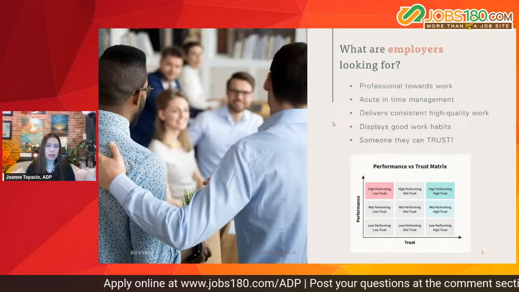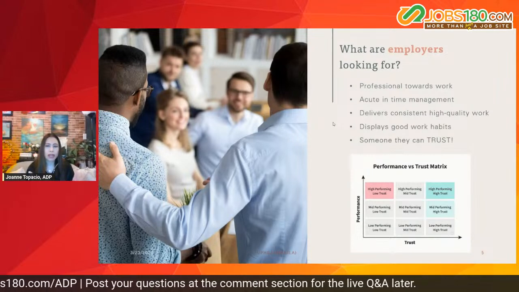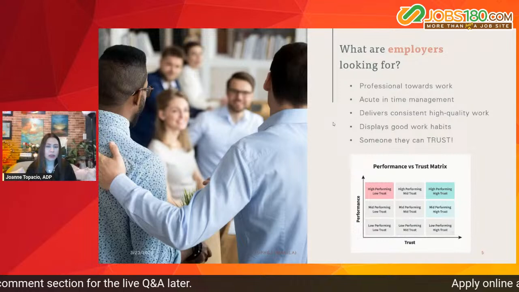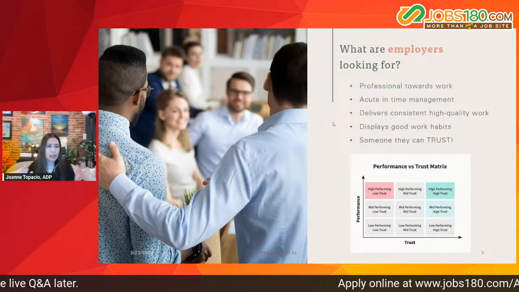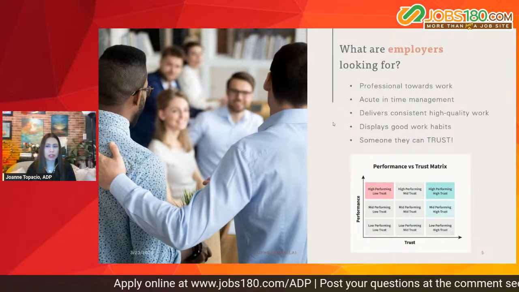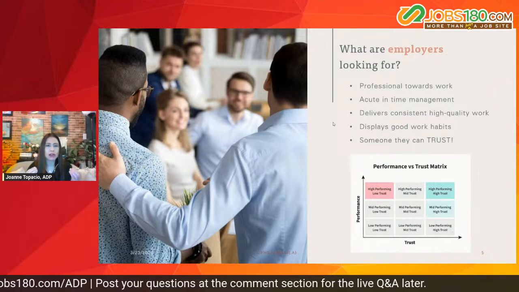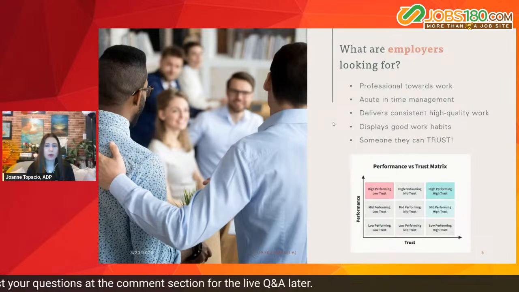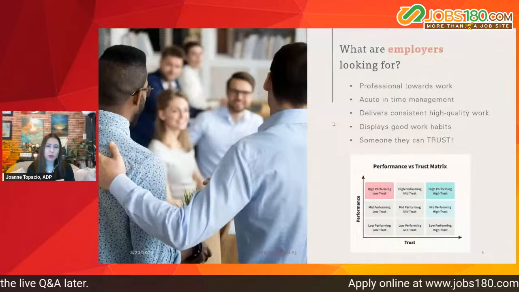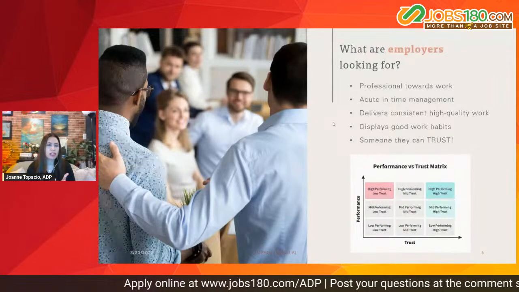And they follow this matrix wherein, in terms of performance and trust, they would rather hire or work with someone who is meeting or mid-performing, the average worker or performer, but their trust with that person is high. And more so, if you are a high performer and they trust you also, then those are the ones that we want to hire. What we want to stay away from is when we are high performers, but our employer sees